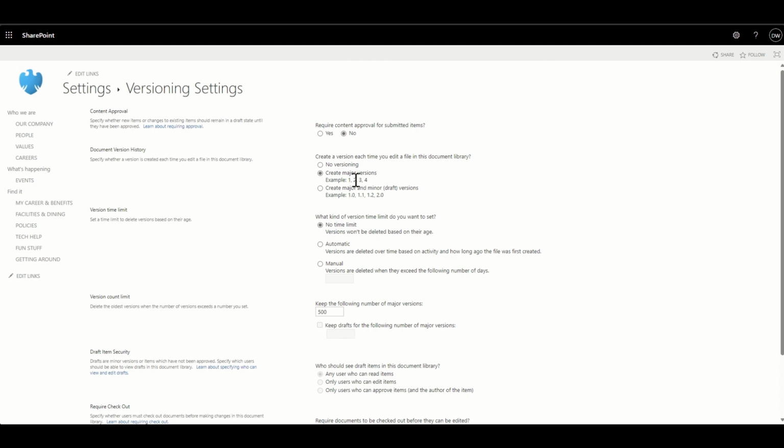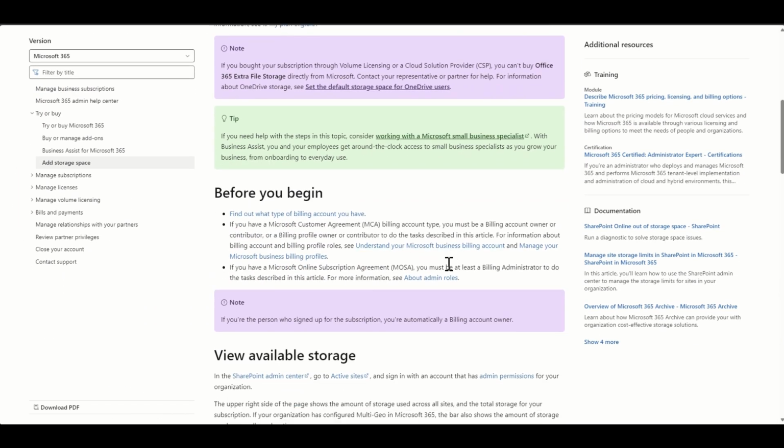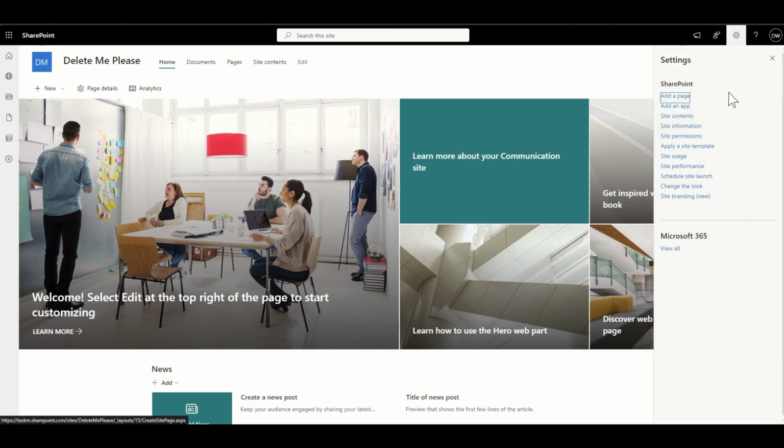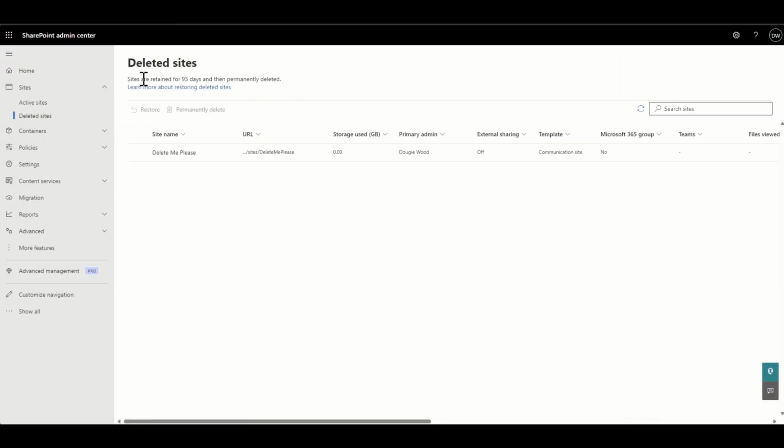We're going to be investigating how version control impacts your storage, and also how you can purchase more storage if required. We're also going to be looking at deleting SharePoint sites and how you can recover them just in case something was accidentally deleted. And we're also going to be talking about controlling user access and things like enabling automatic